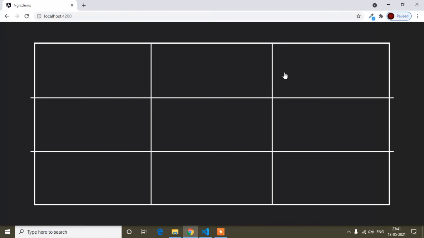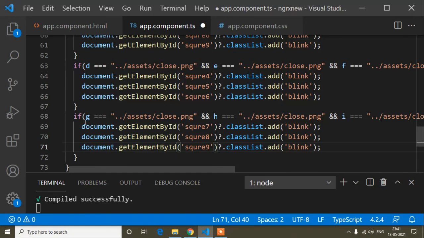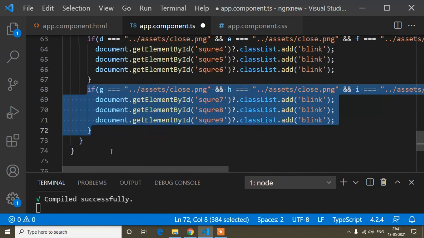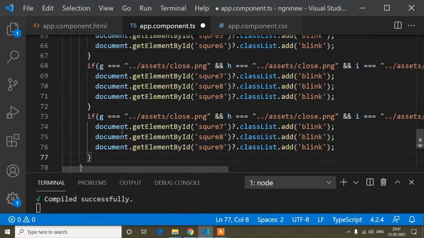Now I have to check B, like this way. Okay, so this middle, this column. That means A B C D E F G H. So B and C D, B E H. So B E H. Now I will copy this one and paste.